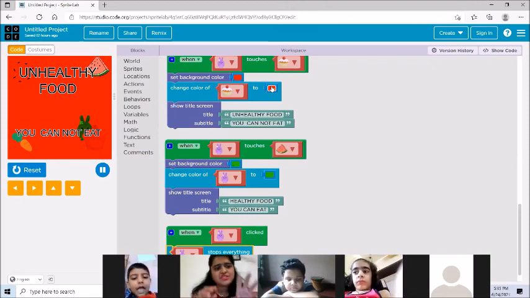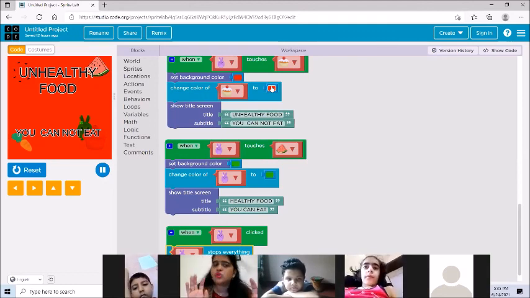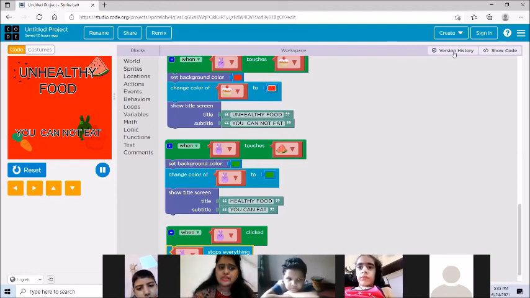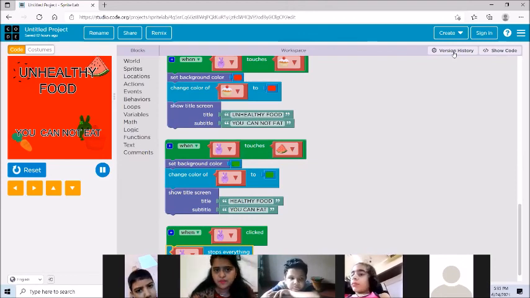So whenever bunny is touching any of the healthy food, the screen turns into green and it says healthy food, you can eat. And when bunny touches any of the unhealthy food, the screen turns into red and it says that it is unhealthy food and you cannot eat. Okay,